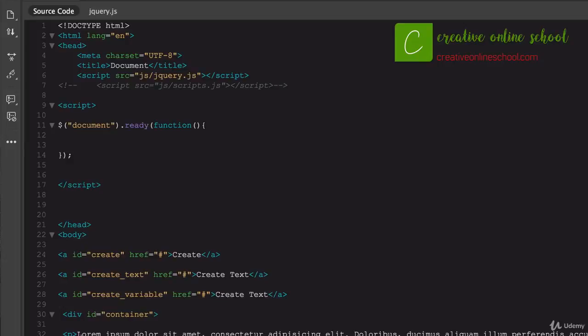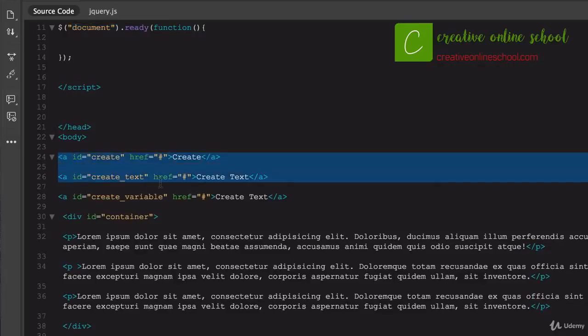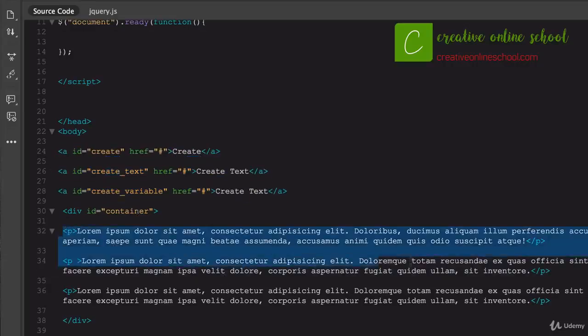the whole time. What I've done is created a document, and we have our basic jQuery that we always link to, the basic opening document ready function, which we always use. Down in my body area here, within the body of the page, I've created three links. One that says create, one that says create text, one that says create variable, with different IDs. These IDs are what we will be targeting from the jQuery. I got create, create text, and create variable. So all that I have down here targeting these three paragraphs is what we'll be using, and all within the